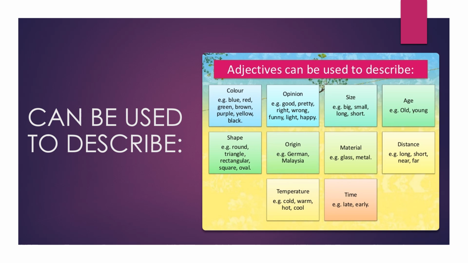It becomes an adjective. Likewise, I have my tea in a ceramic mug. So what kind of a mug do I use to have my tea? It is a ceramic. It is a material. So ceramic here tells you about the quality or an attribute of that mug which is used by me to have my tea. So any kind of word that is describing a noun is termed as adjective.